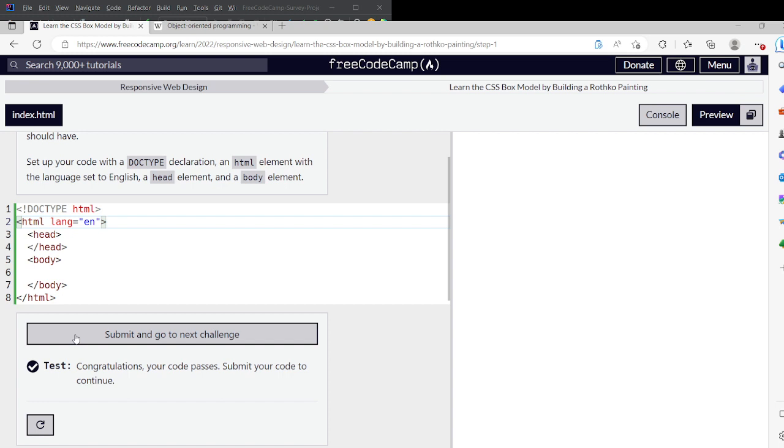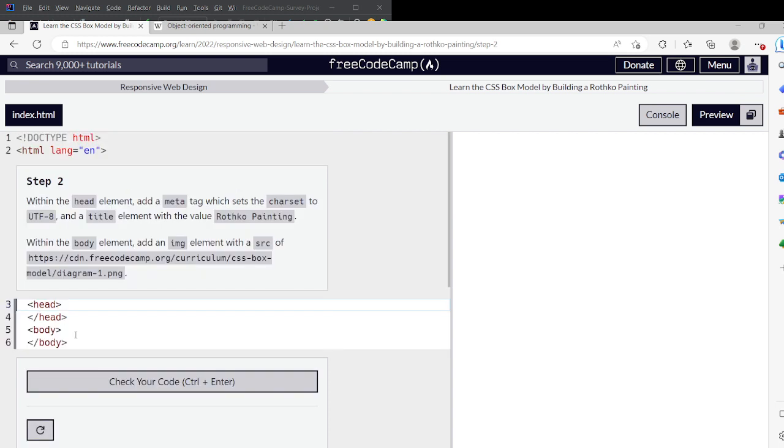So with the head element, add a meta tag which sets the charset to UTF-8. Hold on, let's see if I remember how to do this. I think that would just be